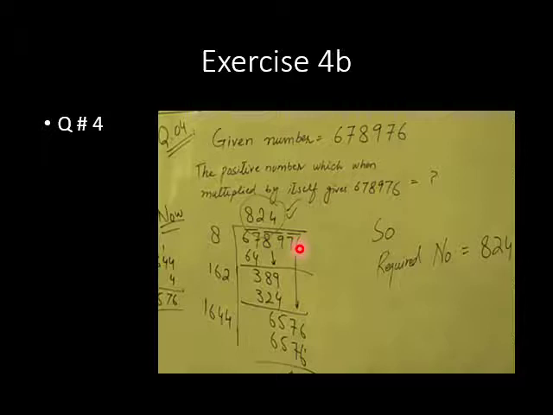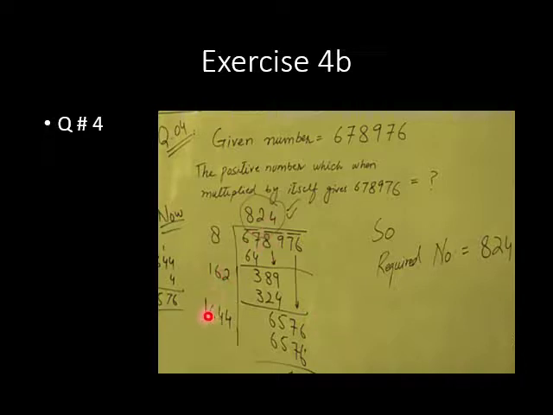Write the number and first make its pairs: 76, 98 and 67. Then left here 67, 8 8s are 64, then subtract it, then we will get 3. Add 8 and 8, we get 16. We will multiply 2, add 2 and multiply by 2, then we will get 324. Then we will subtract it and this pair will be written here.